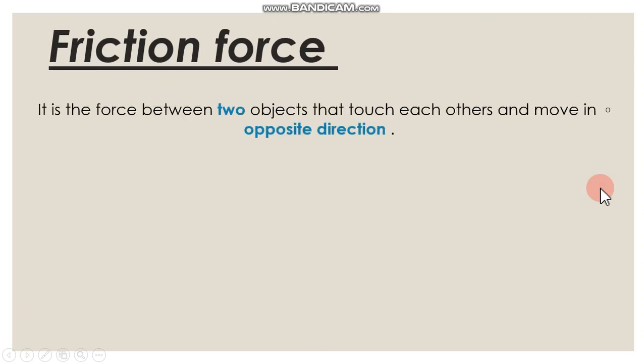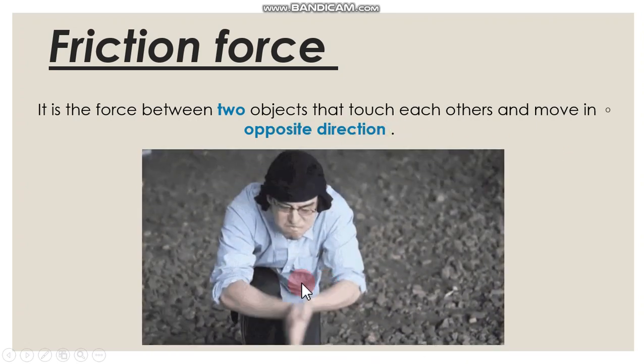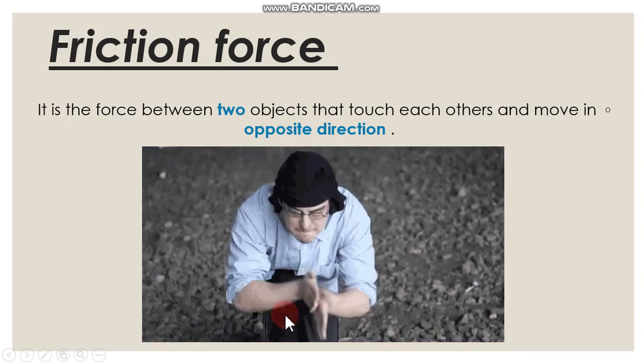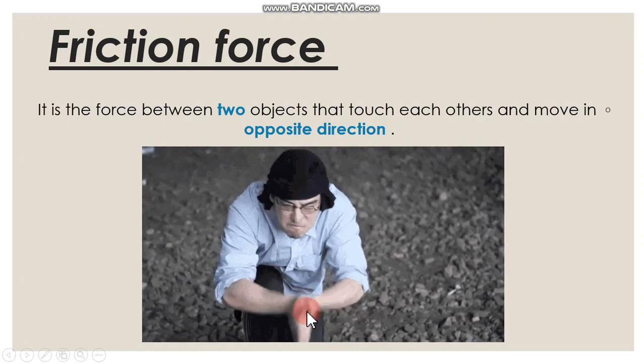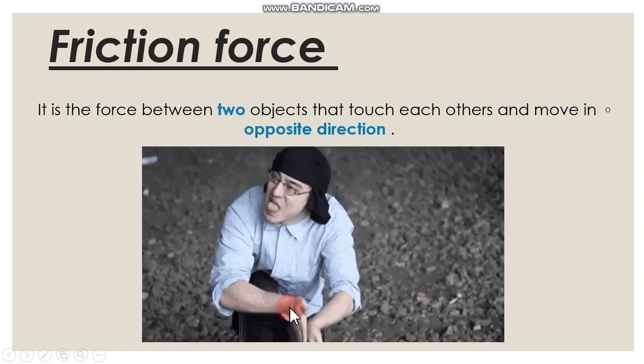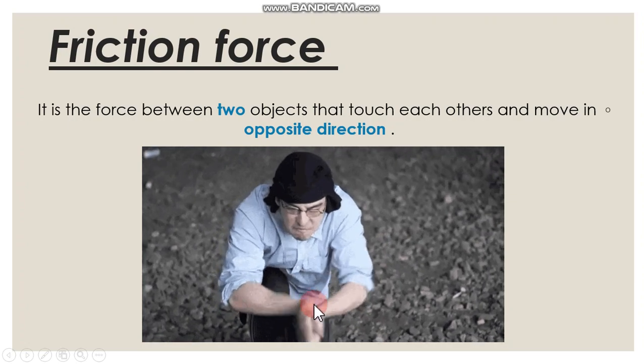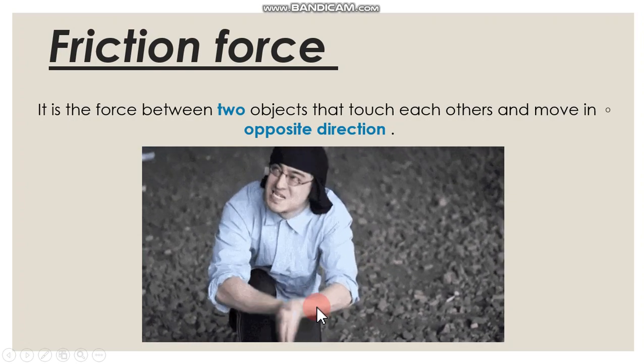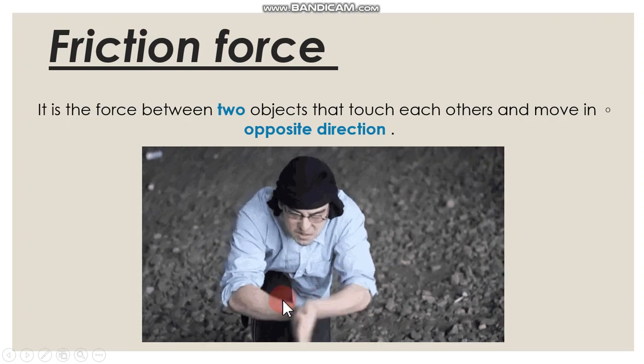The friction force is the force between two objects that touch each other and move in opposite direction. Not in the same direction, not in a parallel direction. It moves in opposite direction. Like this, we have here friction. This man makes something called the friction force. So the friction force is the force between two objects, the two hands, that touch each other, as we see,